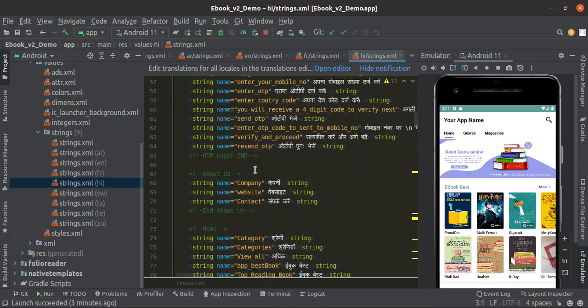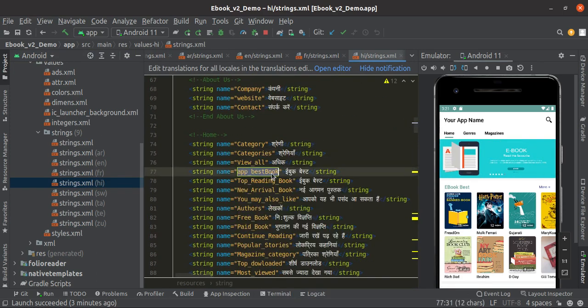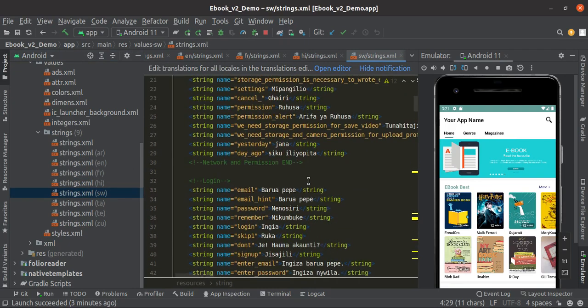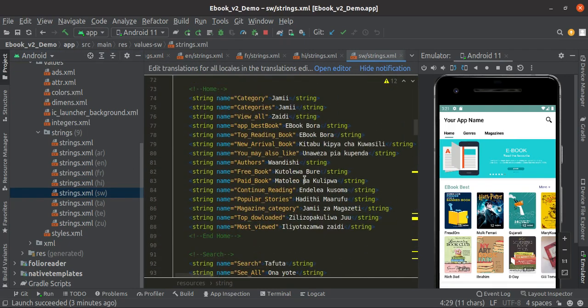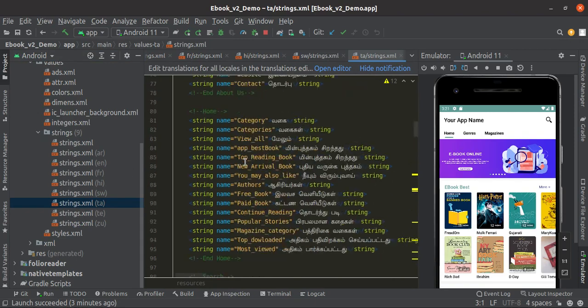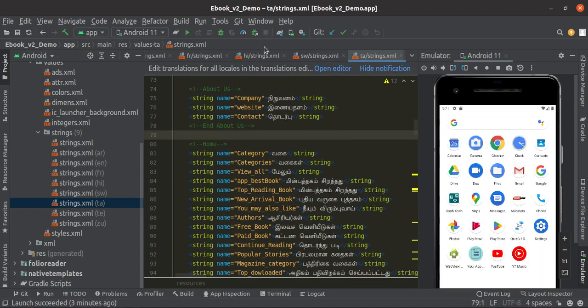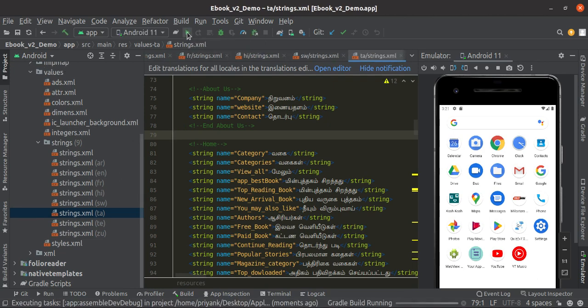As you can see, in every string file this key is there. See here. So just change it and see. Let's see. Just clean this and now run it.